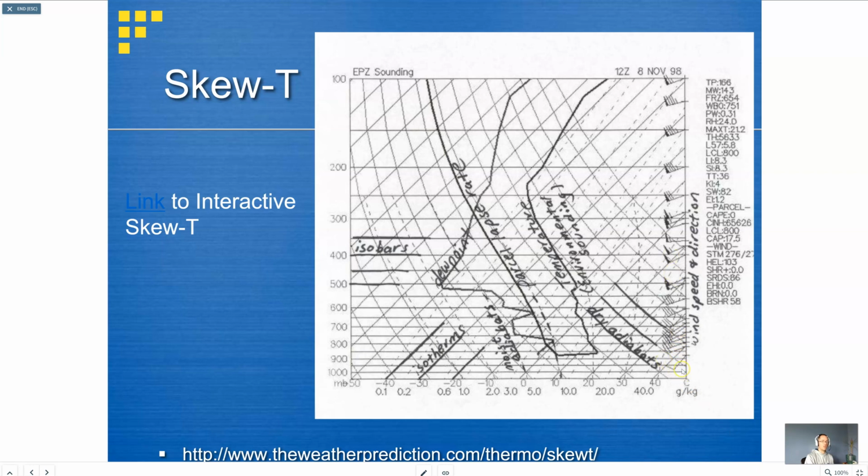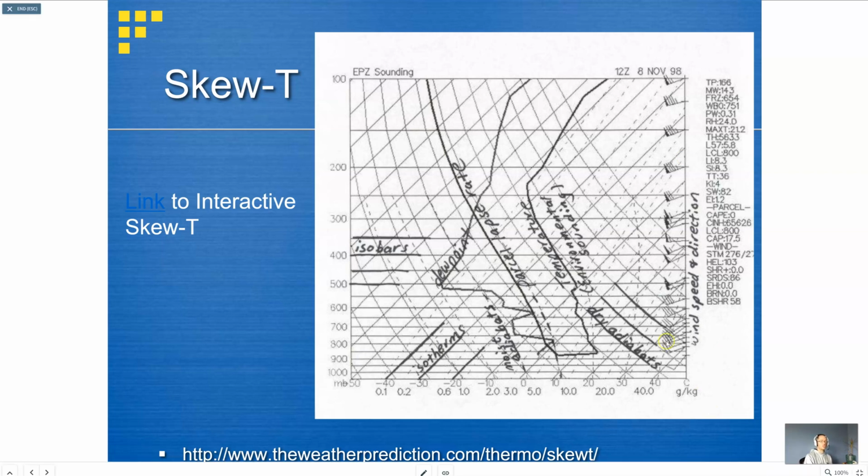Here we have a relatively unidirectional profile. We have some surface winds from the southwest, turning to more of a west-southwesterly direction. You can note that they increase with height. We have what looks to be about 10 knots down here near the surface, increasing to about 50 knots as you get up towards 500 millibars, and continuing to increase as you get up higher in the troposphere and into the lower stratosphere. Again, friction is often going to keep our winds a little lighter near the surface, but we